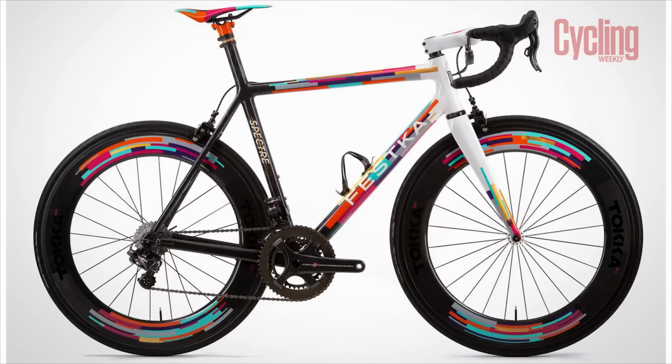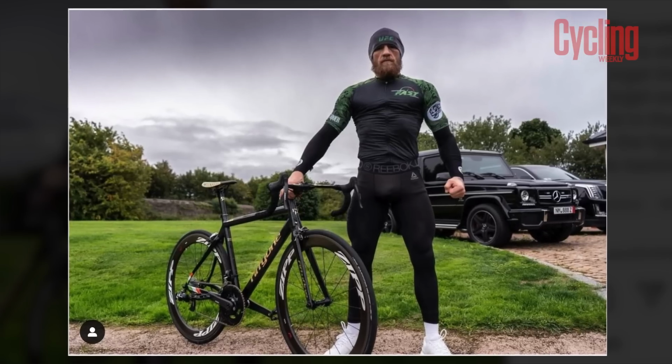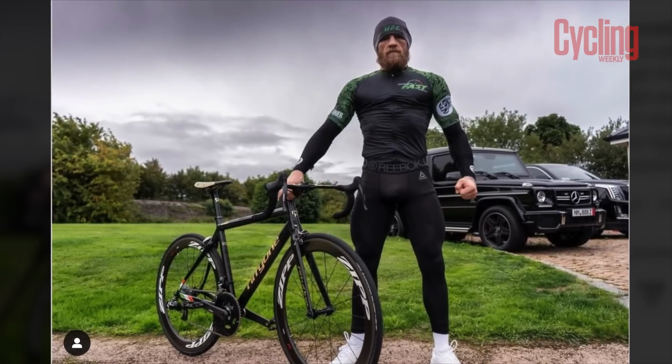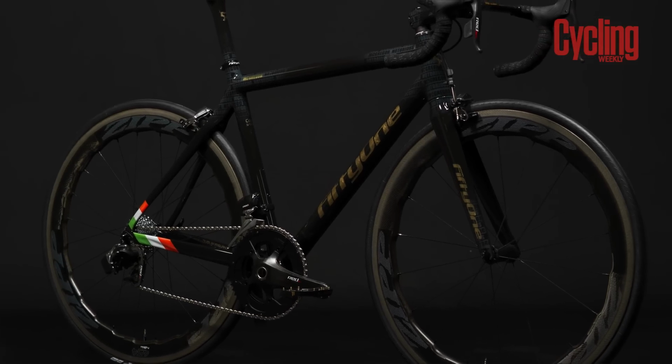Looks really, really nice. Wow. And then another person who might be slightly unexpected in the cycling world, Conor McGregor. He's got a pretty chunky looking 51, but again, looks really, really nice. It would need to be chunky as well, wouldn't it? I'm sure he throws a fair bit of aggression out on that bike, but it is